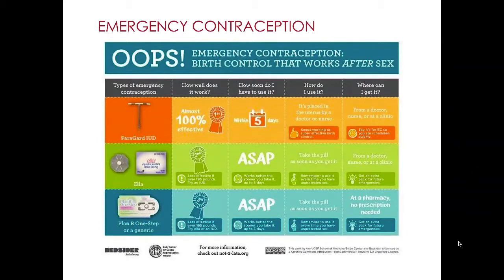On the downside, it's not available quite yet, though it is FDA approved, which is an enormous step in the right direction. It's not going to be available until there's some more marketing and production of the process. But this thing's been in development for over a decade, and there's actually a new one that's already being worked on. So more to come on that, and we'll see, but it's going to be a little while until you see somebody using that. And then, sorry, the other was the Natural Cycles